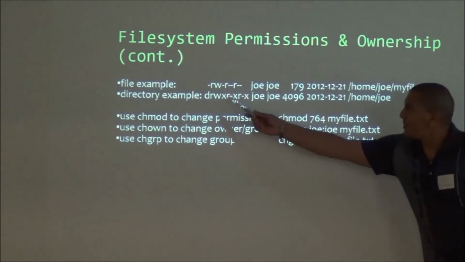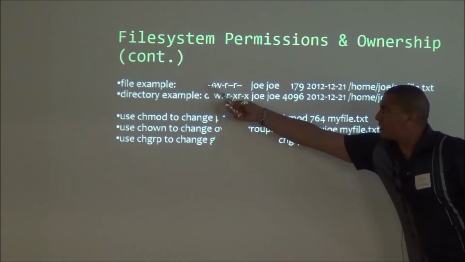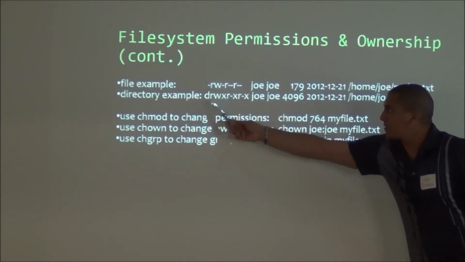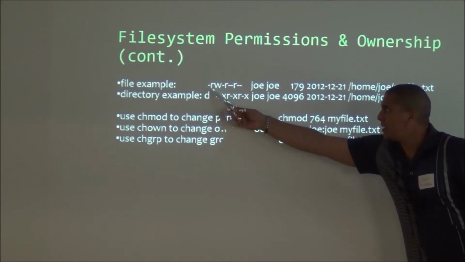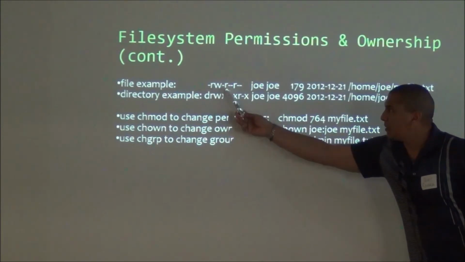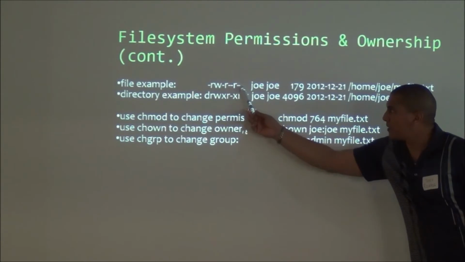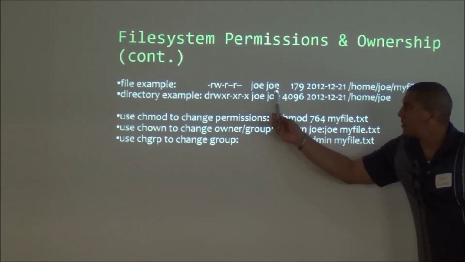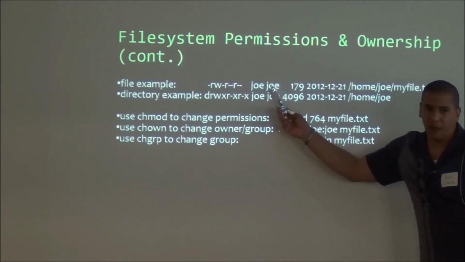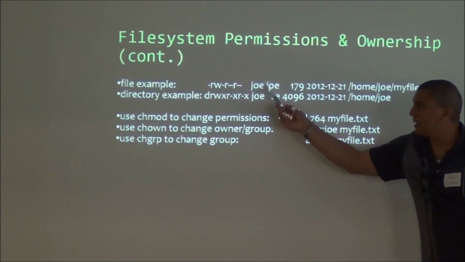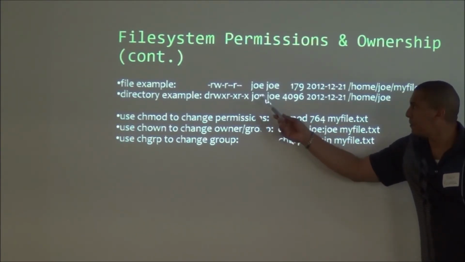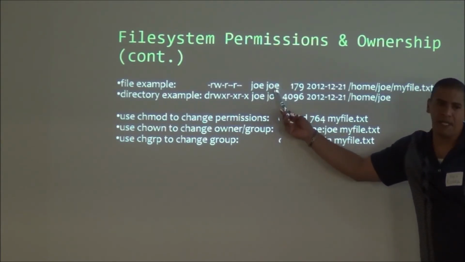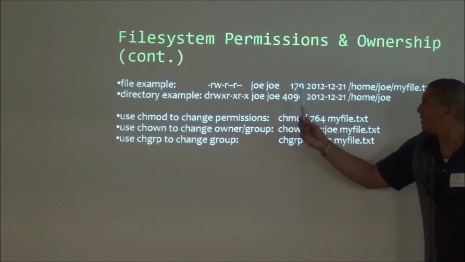So, permissions. It's a file, so obviously the first one, it's just a hash. Obviously this is a directory, so it has a D. Read, write, execute, read, write, execute will be these two. This is the owner of the file. This is the group that file belongs to. In this case, they're both Joe. But it could be Joe, admin. We're going to do that here in a second.